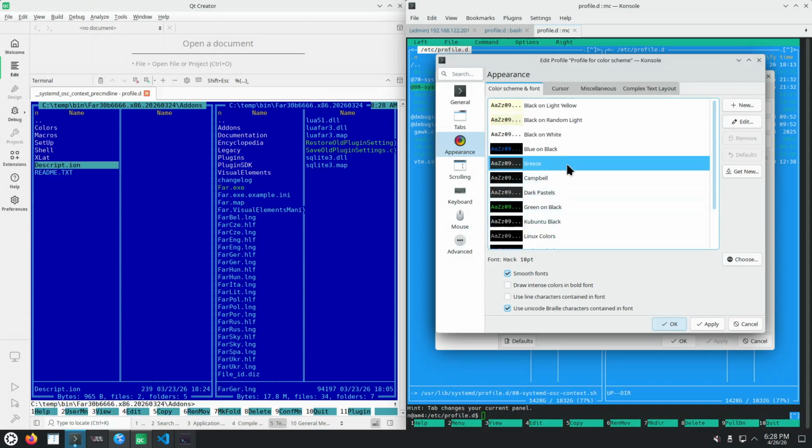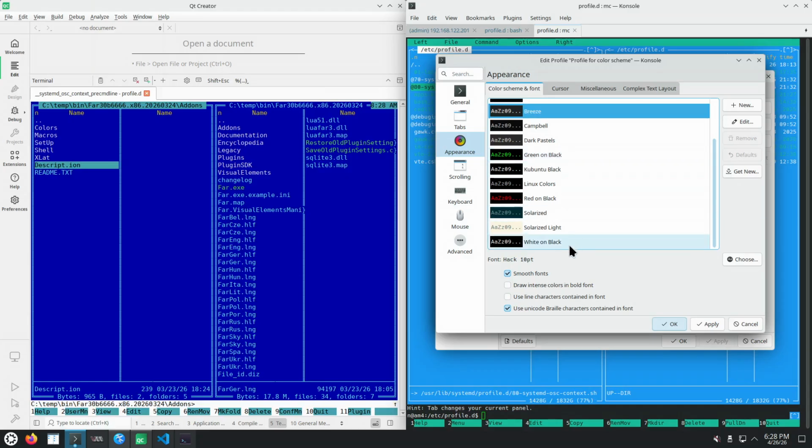Or we keep Breeze, but then we modify Breeze extremely, I don't know, 90% of the color combinations inside the Breeze color scheme, such that it actually starts looking more and more like the white on black color scheme. So I guess what we actually want is to edit the Breeze theme. But then if I'm going to edit the Breeze theme and make it look as much as possible like white on black, then we're not actually respecting almost anything from the